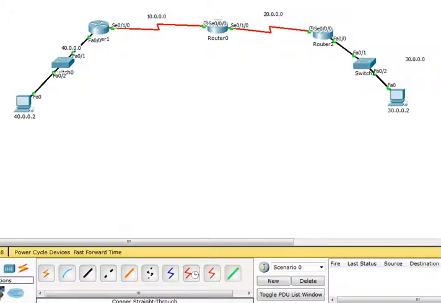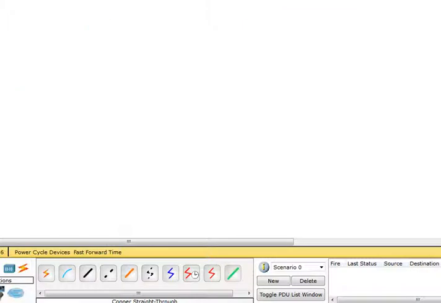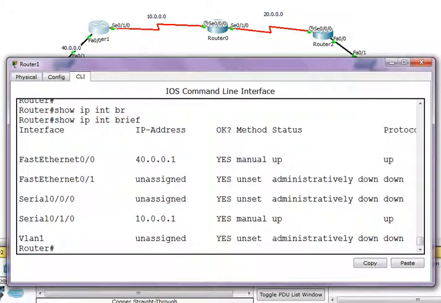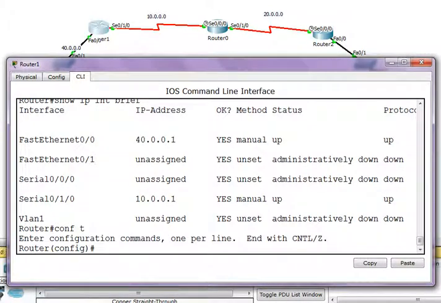Before you go ahead and watch this video, I want you to draw this topology, understand it, and then go ahead and watch it so that you will understand it better. So let's go ahead and go for R1. Everything is enabled here, so I'm going to configuration mode. Let's learn how to enable EIGRP.